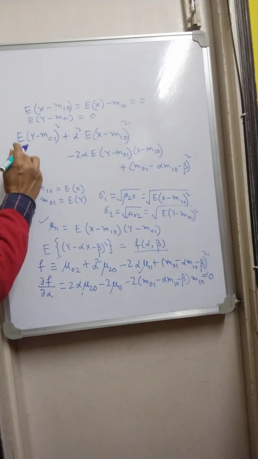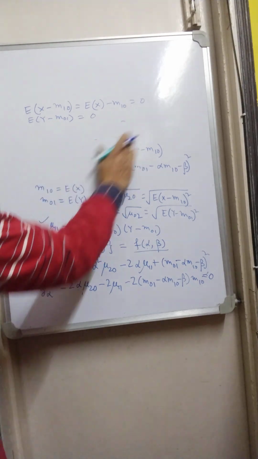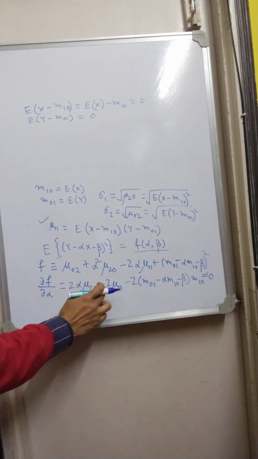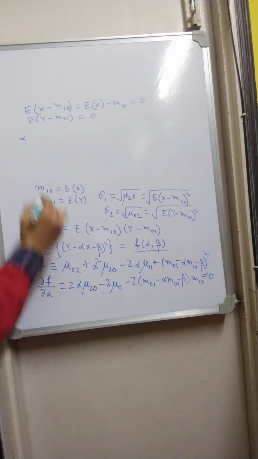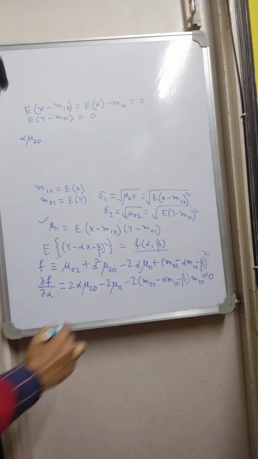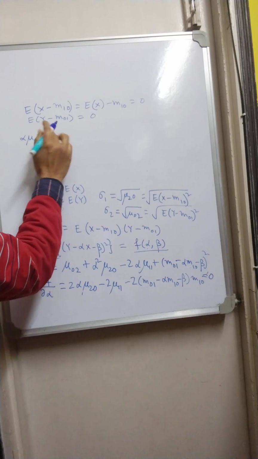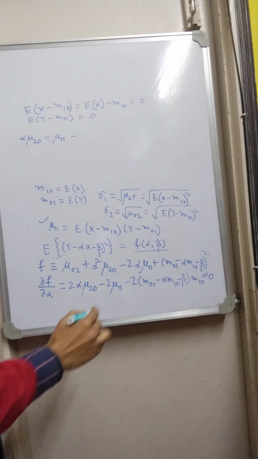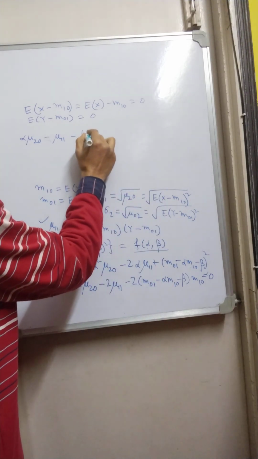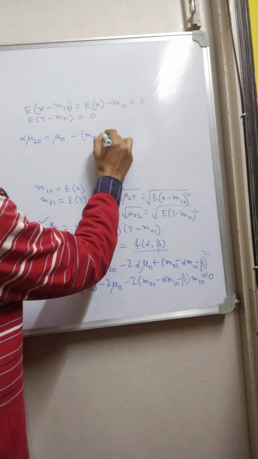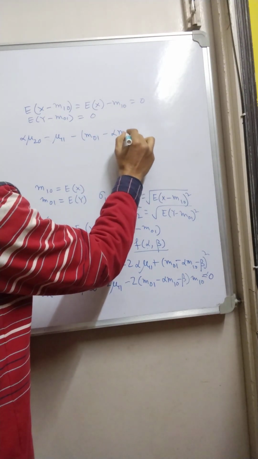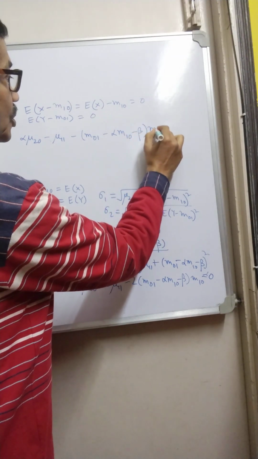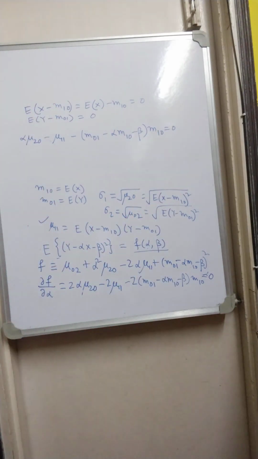And what about del f del beta? Let us wipe this out and write this equation, cancelling this 2 and adjusting. We have alpha mu 20 minus mu 11 minus m01 minus alpha m10 minus beta into m10 equal to 0. Okay,